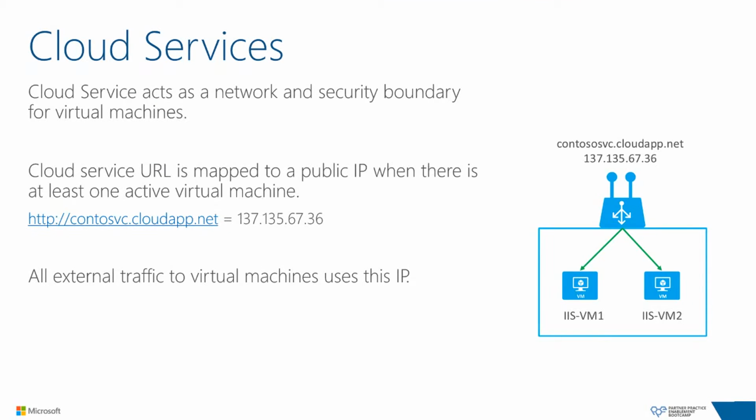Now that we have walked through creating a virtual machine using the Windows Azure Management Portal, let's look at how all this is architected behind the scenes. Cloud services. What exactly is a cloud service? A cloud service is a container for virtual machines that provides a network and security boundary. In this example, Contoso Service is the name of the cloud service, and it is addressable via the URL contososervice